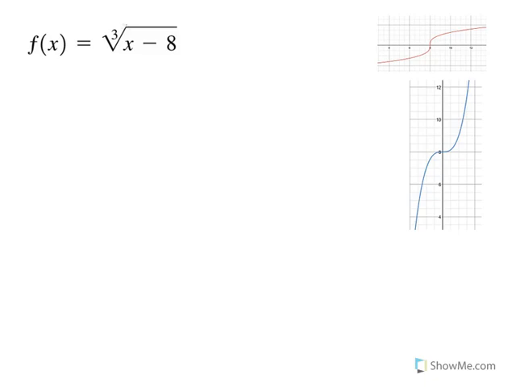Today I'm going to show you a couple of examples of how to find the domain and range of an inverse function, as well as how to actually generate the function itself. So the first thing I'm going to do